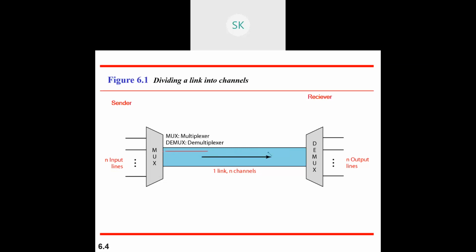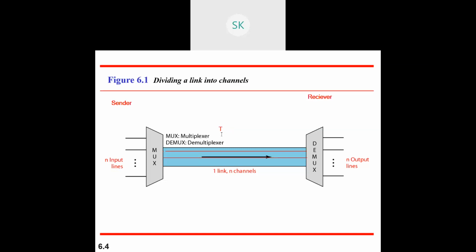One is called frequency domain or frequency division multiplexing. Another one is wavelength division multiplexing. The last one is time division multiplexing. Under time division multiplexing, there are two types. Whenever time comes, you'll be having the synchronization problem. So synchronization plays a vital role with respect to your time. That's why they have subcategorized time division multiplexing into two parts. One is synchronous time division multiplexing. Another one is statistical time division multiplexing. These are the two subcategories that we'll be having with respect to your time division multiplexing.